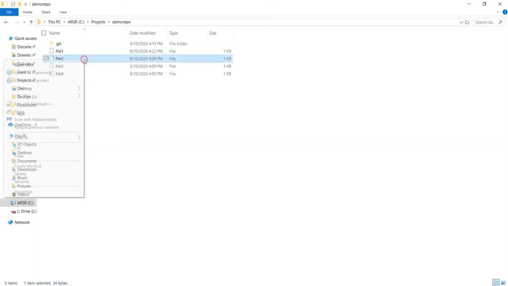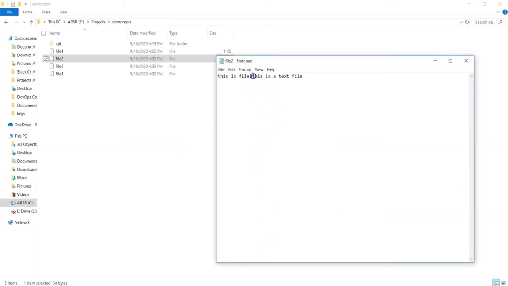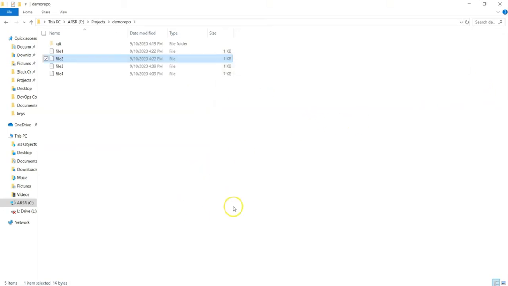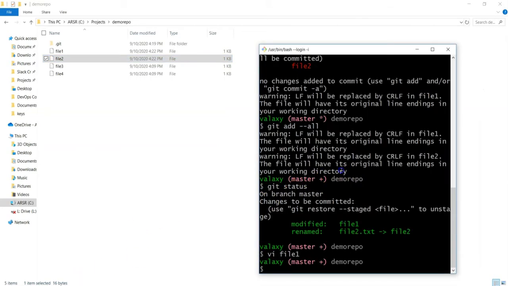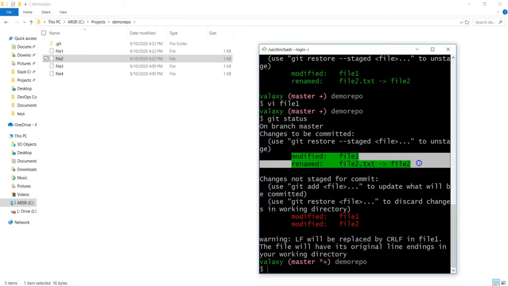Now I am going to update file 2 as well. Open with notepad++. This is the text file we added in the previous lecture. Now I am going to remove this line and save this file, because we have removed the extension as well. Now let's go back, and if I check git status, you can see 2 files are there.